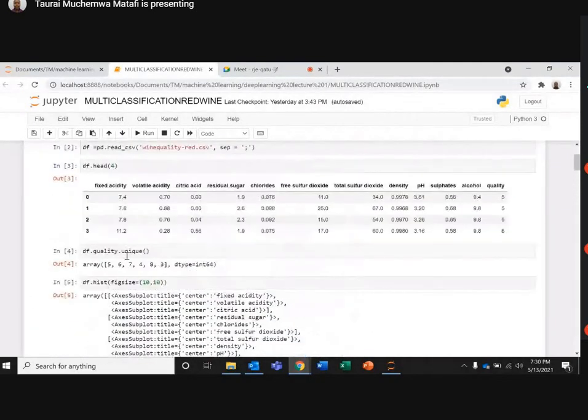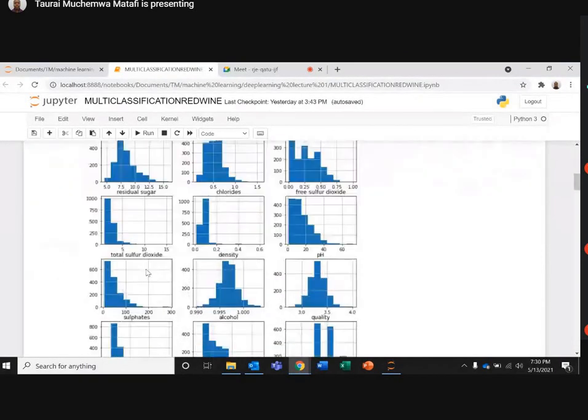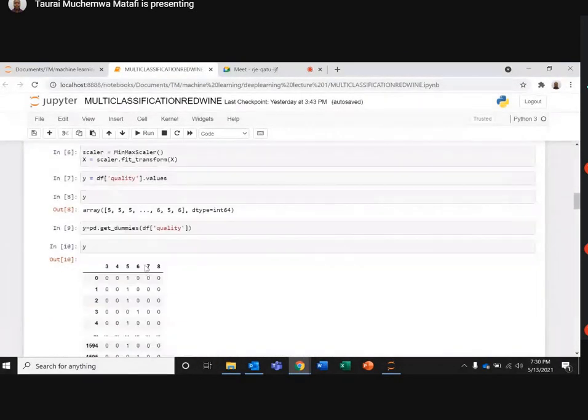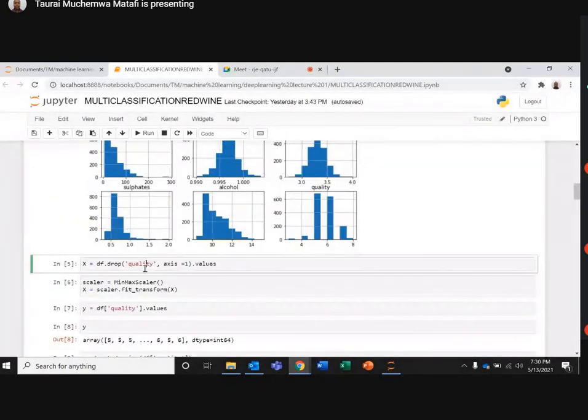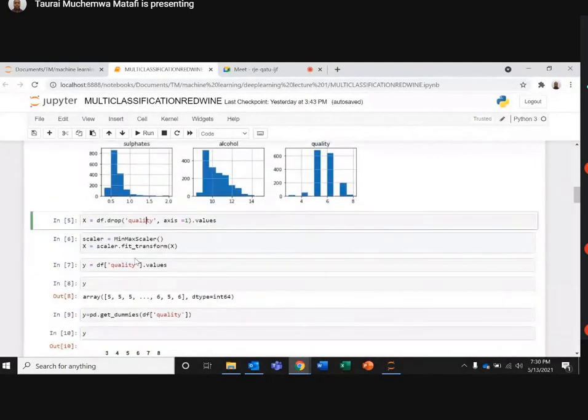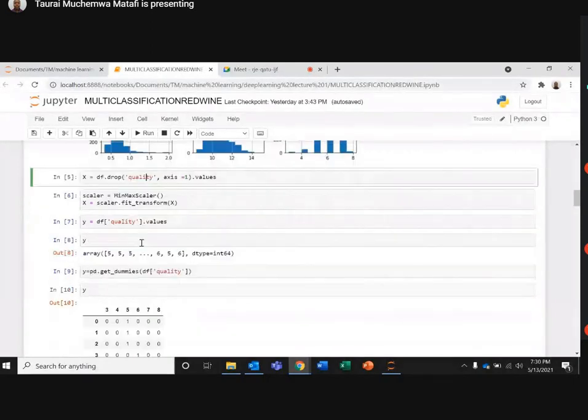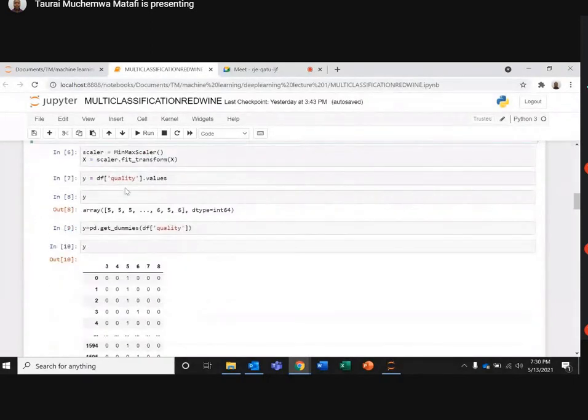These are the classes that I want to predict. There are 6 classes that I wanted to predict, and then from there I chose my X values and dropped the quality which I wanted to predict. Then I did the min-max scaler on the X values, and for the Y values I chose the quality, and